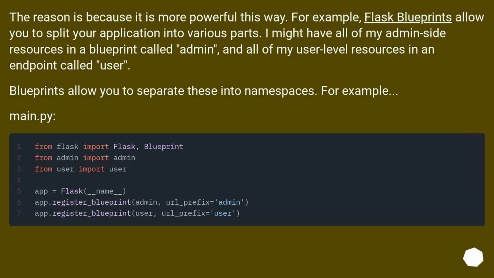For example, Flask blueprints allow you to split your application into various parts. I might have all of my admin side resources in a blueprint called admin, and all of my user level resources in a blueprint called user. Blueprints allow you to separate these into namespaces. For example,